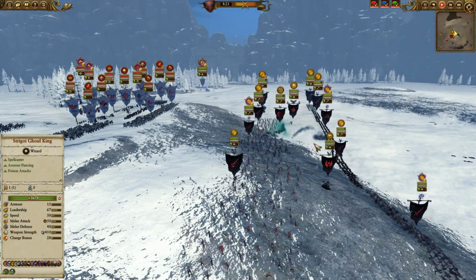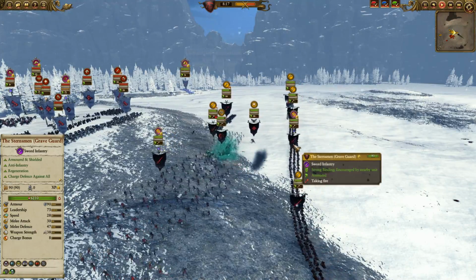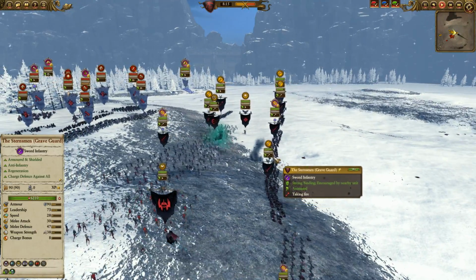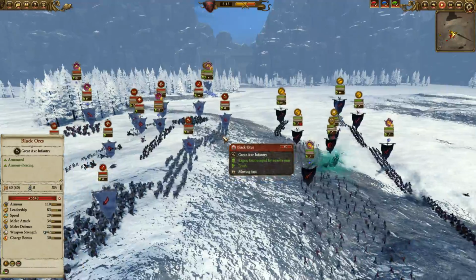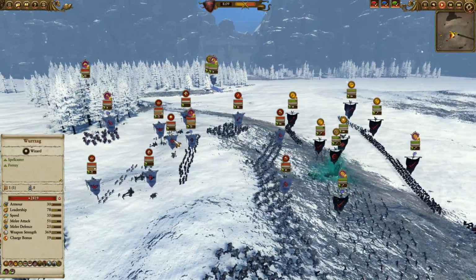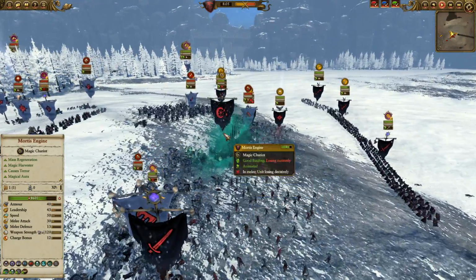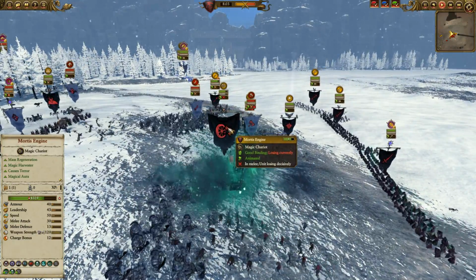Greenskins are going to hold their position on the hill like they should. The Doomdivers are targeting the Mortis Engine. That's a waste. They definitely should be targeting the Stearnsmen, because that's one of the more dangerous units here. The archers should be targeting the Mortis Engine, but honestly, there's not a lot of units here who are going to be great versus the Mortis Engine. Though these Black Orcs are certainly going to get some...